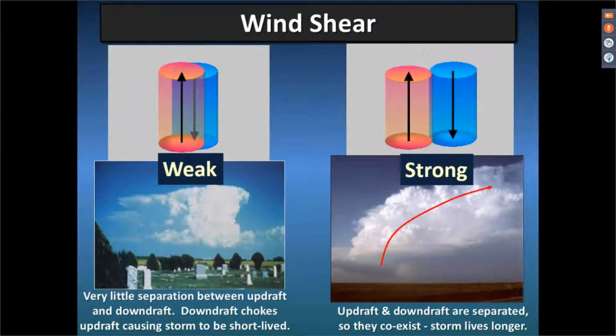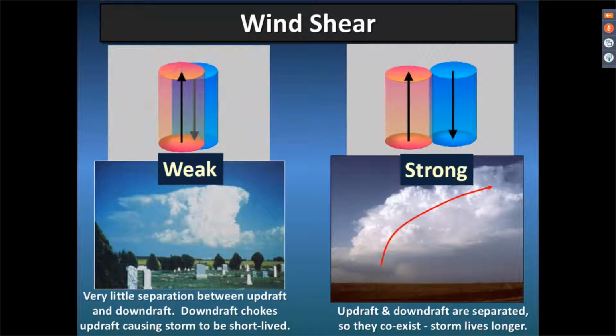All right, so wind shear, again, that's the wind direction and wind speed difference with height. If you've got weak wind shear, that means there's not much either directional or speed change with height. And that's not going to do much with thunderstorms. They're basically going to build up and come straight down where they are. And if the storm builds up and dives right where it is, it's going to choke itself off and probably